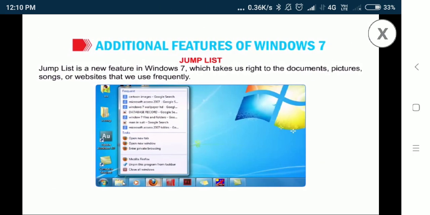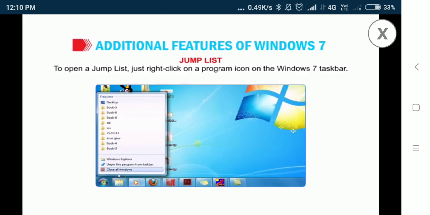Jump list. Jump list is a new feature in Windows 7 which takes us right to the documents, pictures, songs or website that we are frequently using. To open a jump list, just right click on a program icon on the Windows 7 taskbar.